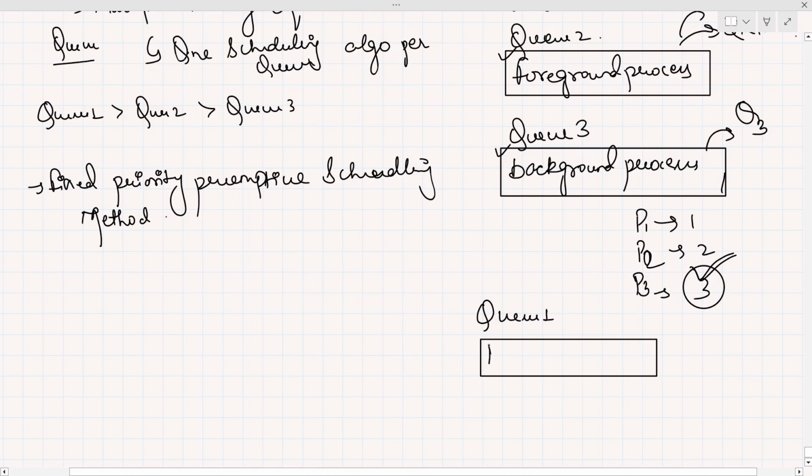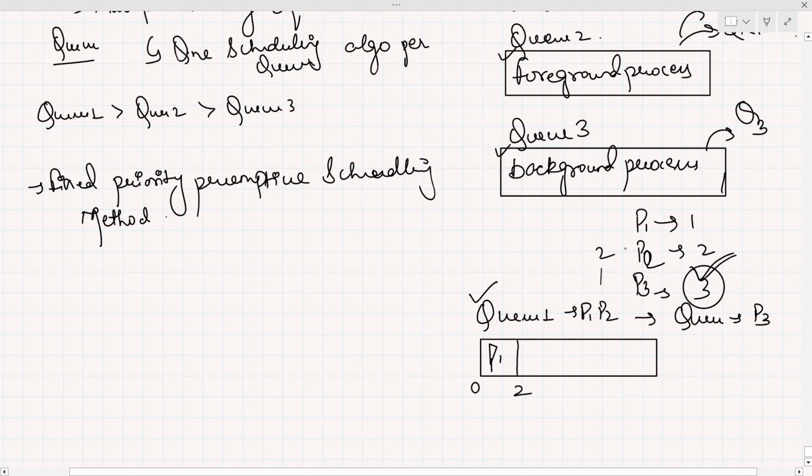Okay, let's say that P1 and P2 are processes available on Q1, and in Q2 we have a process like P3. The question says that Q1 priority is basically high. So first of all, we have to run the Q1 processes, because the priority of Q1 is high. So when you run P1 from 0 to, let's say, 2,